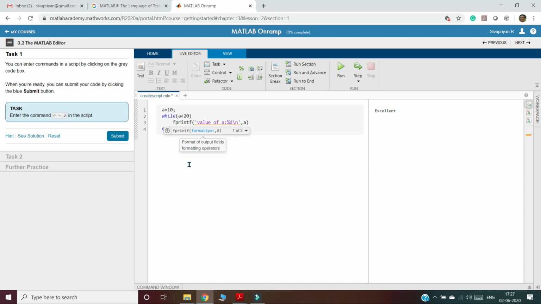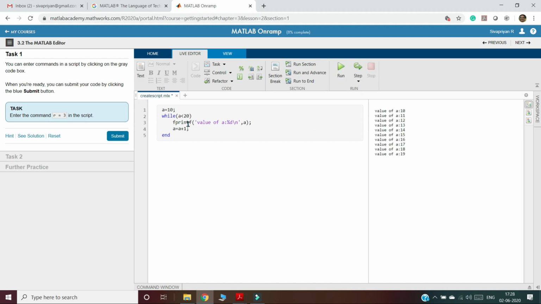That is the reason I am putting that. A equal to a plus 1, end. So now I assign the value of a equal to 10. As long as a is less than 20, this while loop will get executed. Whenever the a value becomes more than 20, it will come out of the loop.